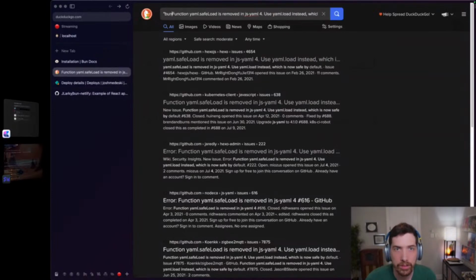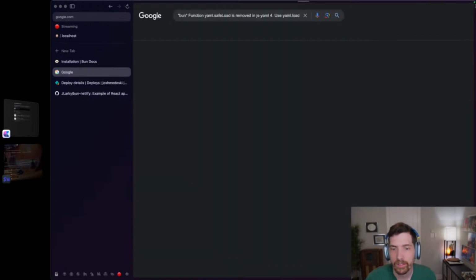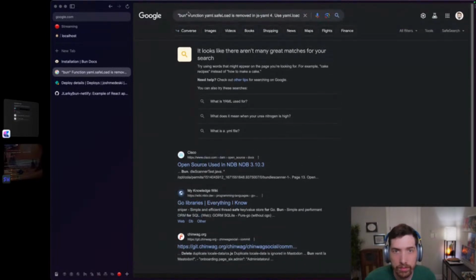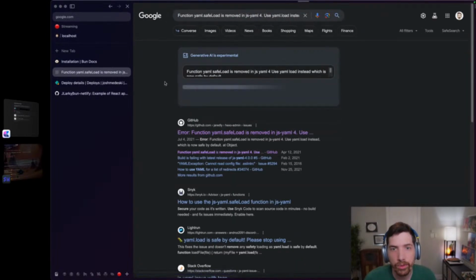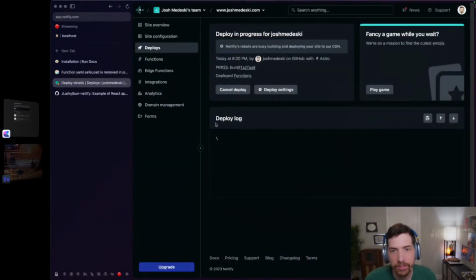Maybe we'll specify bun. Is good old Google going to be more accurate? Sometimes Google's results are better. Yeah, so that's my concern, is in general, this error, if I upgrade, Prisma is going to have to change what they're doing, right? I do need this to,